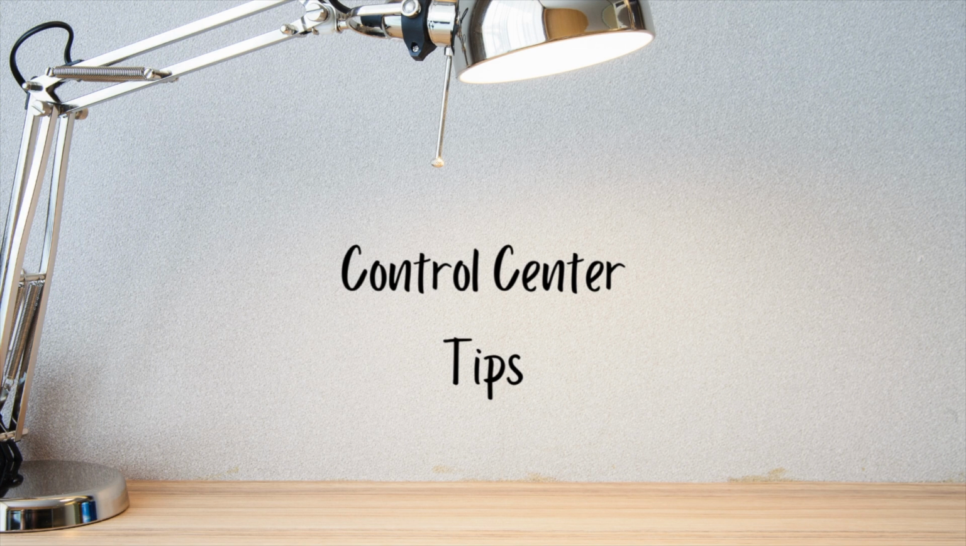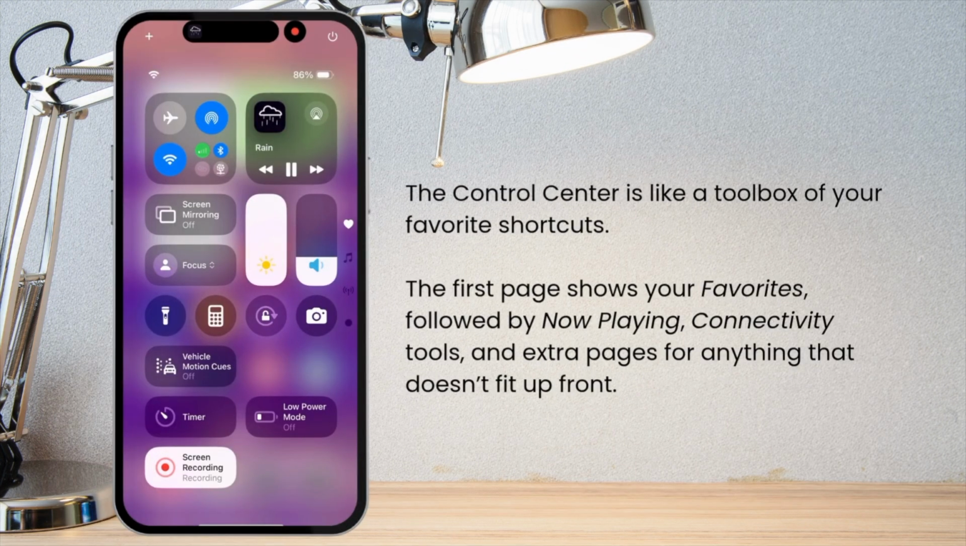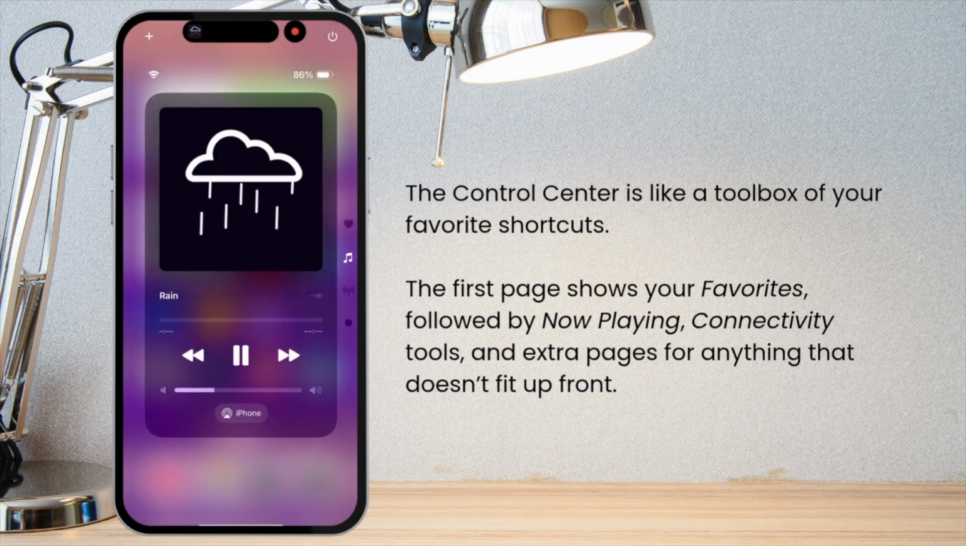While we're here, let me show you a few helpful tricks inside the Control Center you might not know about. You can customize the Control Center with all the controls that would be most useful for you. The first page is your favorites. The next page is Now Playing. That's any media you have playing. It could be music, a book, a video,